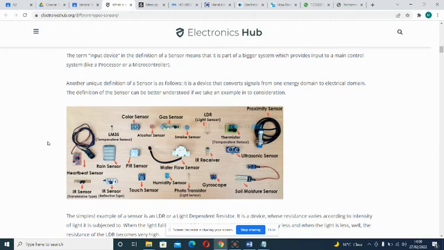So, what are sensors? A sensor is a device that detects and responds to different types of input from the physical environment. The specific input could be light, motion, moisture, pressure, or any great number of other environmental phenomena. The output is generally a signal that is converted to a human readable display at the sensor location. So these are the most commonly used sensors, which include color sensor, gas sensor, LDR, thermistor, ultrasonics, soil moisture, phototransistor. These are some of the sensors.